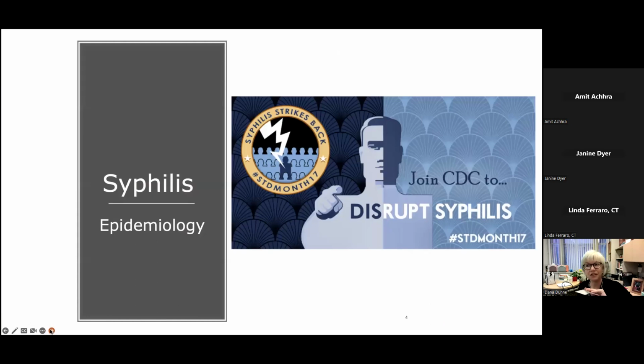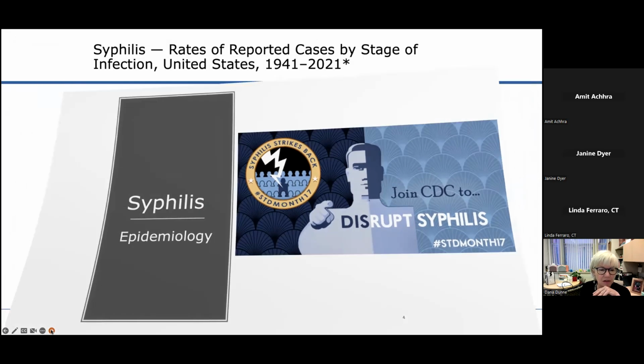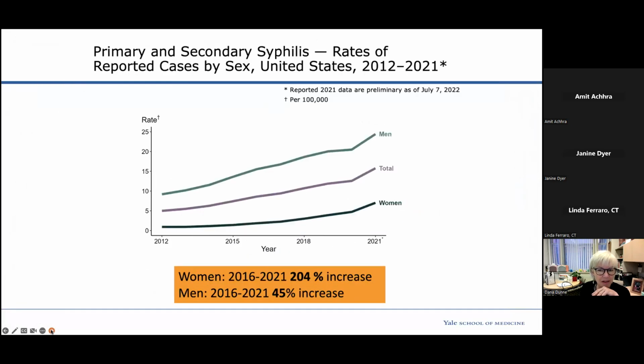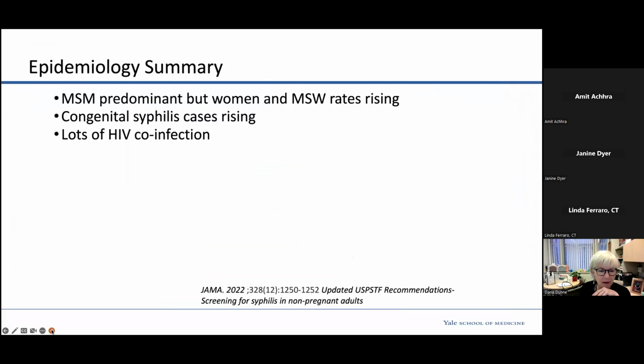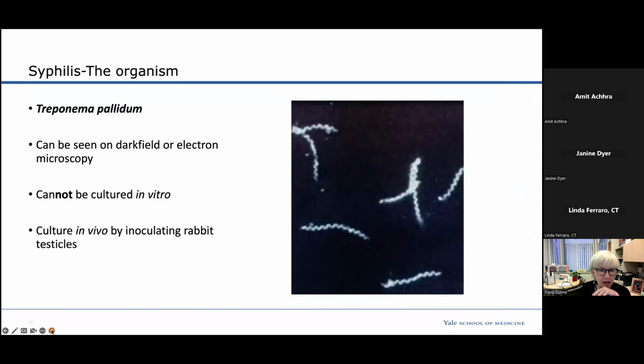So I'm just going to skip through these epi slides because I want to spend more time where you want to. You're going to hear more about this in a couple of weeks. So we'll go on to talking about some of the clinical characteristics. I do want to remind you, though, that here's the organism under dark field microscope, Treponema pallidum,